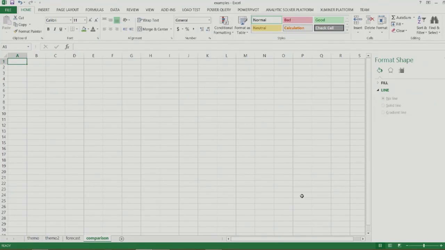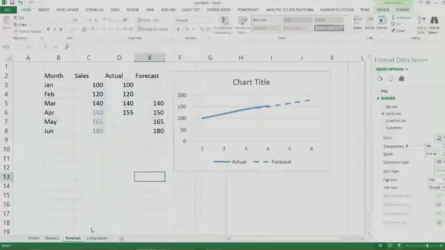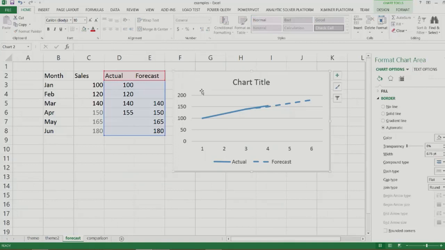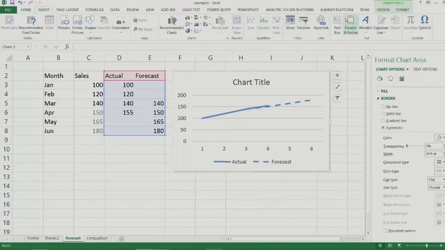You can't really pin them to a particular column as such. For that you will have to use the labels feature with the value from cells option. But when you are adding a text box, if you select the chart first and then go to your insert and insert a text box,